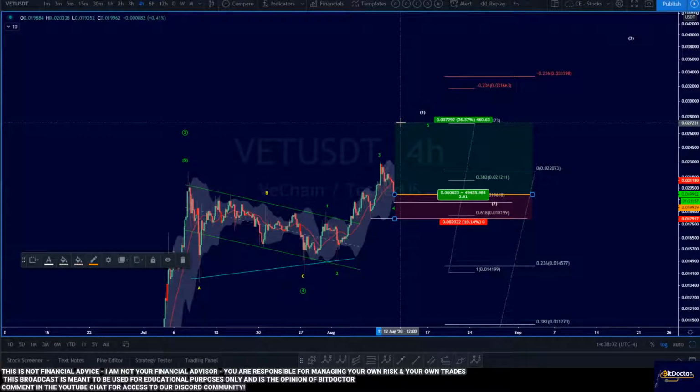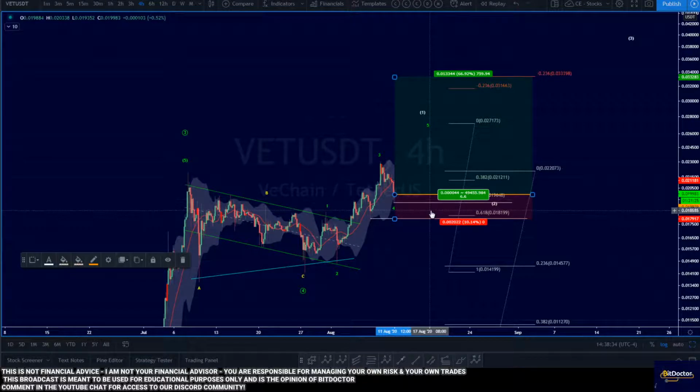If you wanted to take the 36%, 37% trade up here to 2.7, 2.8 cents, you can do that. Again, I'm aiming for the 3.3 to 3.4 cents. So, keep an eye on this. I think that probably we're going to dip back down here into the stop zone. If you're going to put a stop loss here at about 1.9 cents, you probably are going to get stopped out. But keeping a stop loss down here seems to be the safer bet, which is down here about 1.8 cents. I think you could probably fill in some bids in this red zone so you can limit your risk a little bit more instead of taking the trade right now, right below 2 cents.